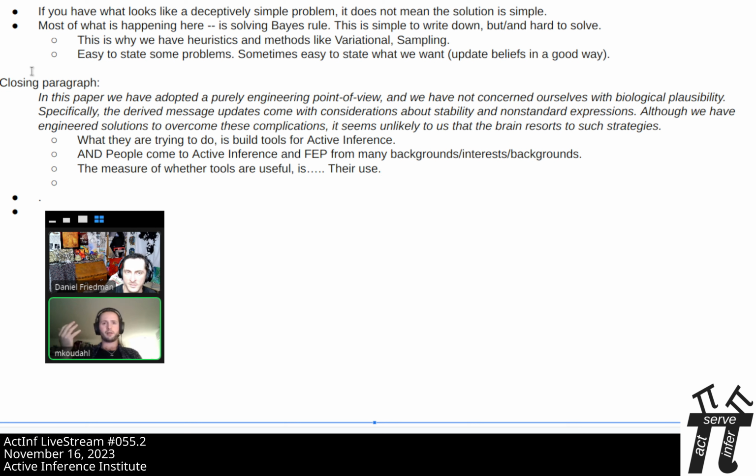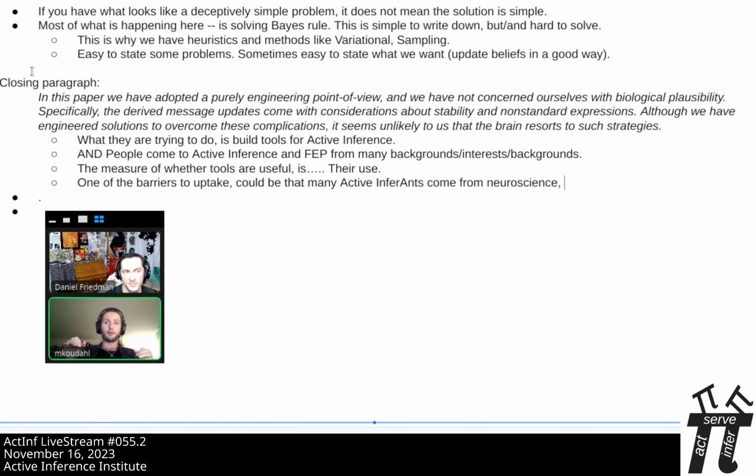And sort of paradoxically, I think one of the barriers to uptake could be that a lot of the people that come to active inference come from, say, neuroscience or are more philosophically bent, which is great.